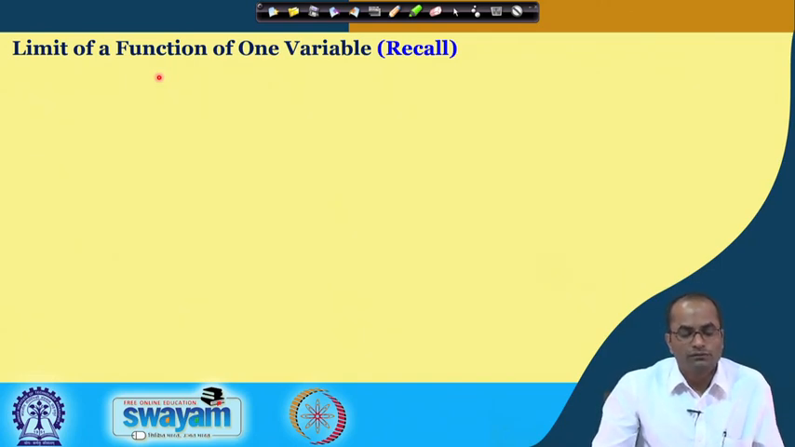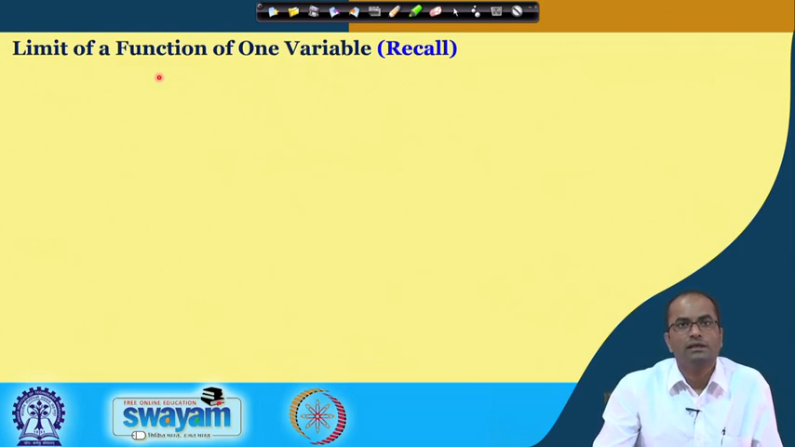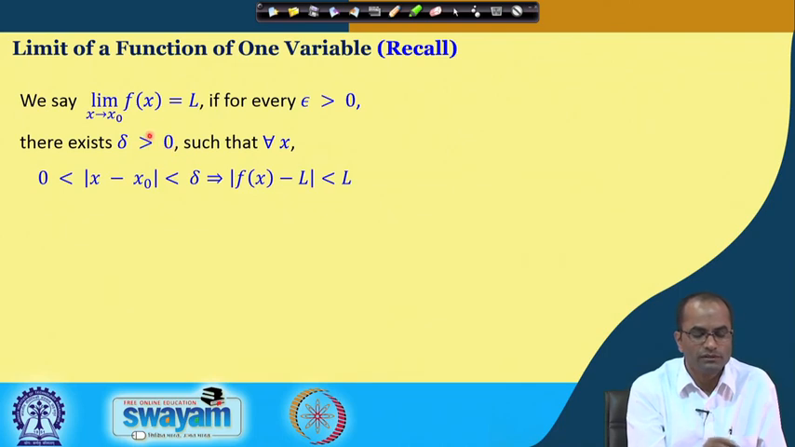So, limit of a function of one variable. Before we introduce the concept of the limit for functions of two variables, it is important to first discuss the limit of a function of one variable, and mainly we will focus on the delta epsilon definition of the limit, which is very important to discuss the limit for functions of several variables. So, for the one variable case we say that the limit as x goes to x0 of f(x) is equal to L if for every epsilon greater than 0